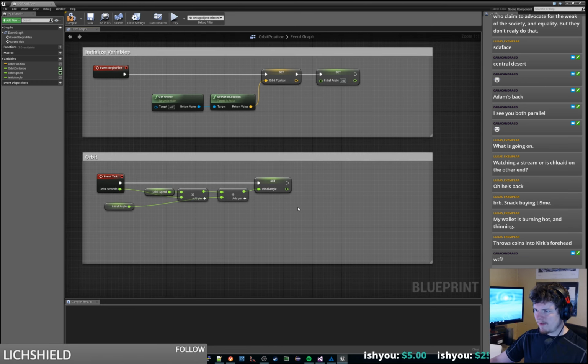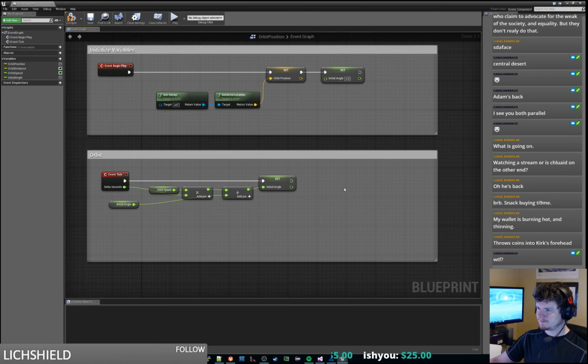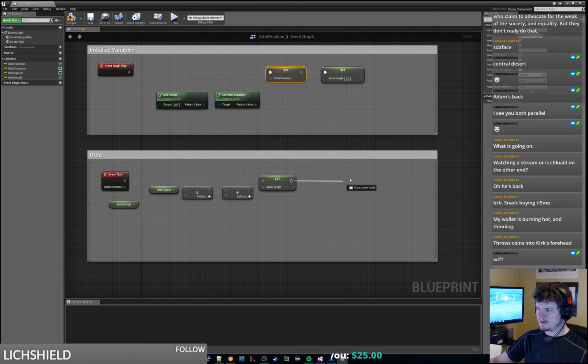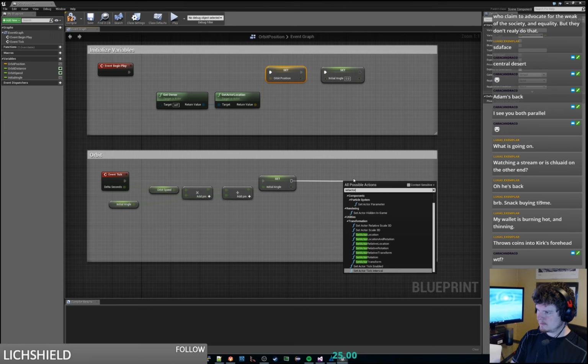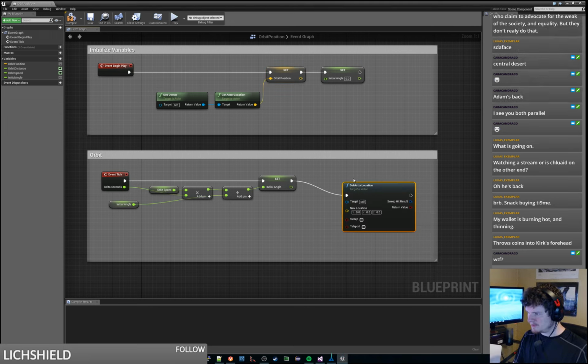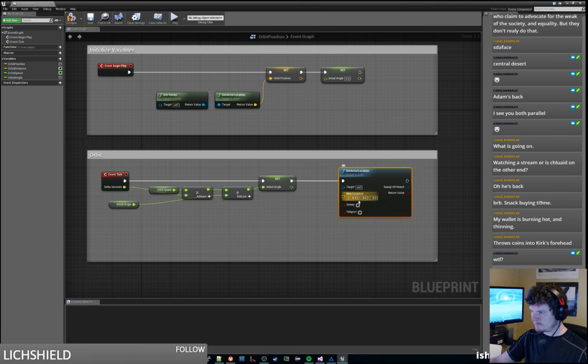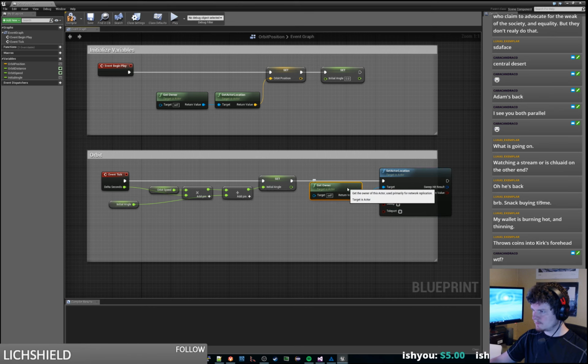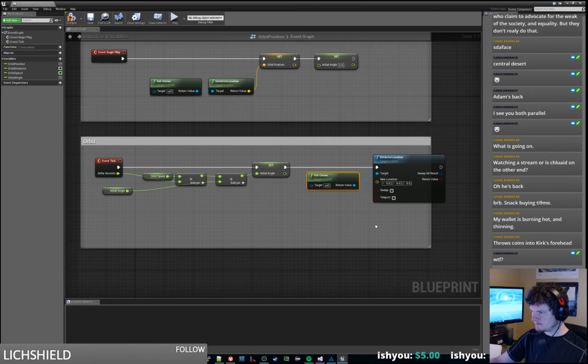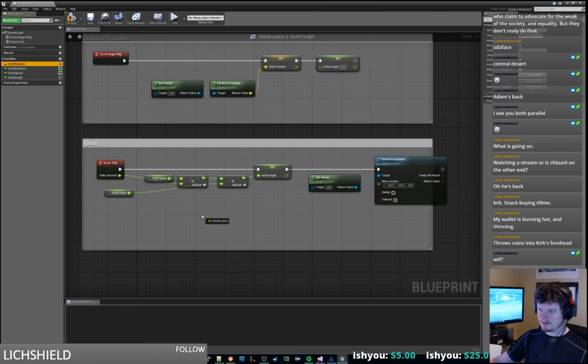Alright. So that'll set our initial angle, and what we're going to want to do is set our position to orbit position plus the math, like cosine of the angle. So basically we want to call set actor location, and we're going to want to call get owner. And the location is going to be, we're going to get our orbital position, and we're going to want to add